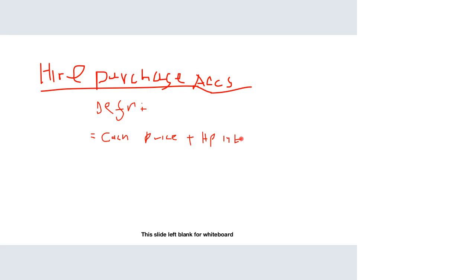The normal cash price plus the hire purchase interest. So that will constitute the hire purchase selling price. So the seller will agree that the buyer could hire the goods by payments of deposit